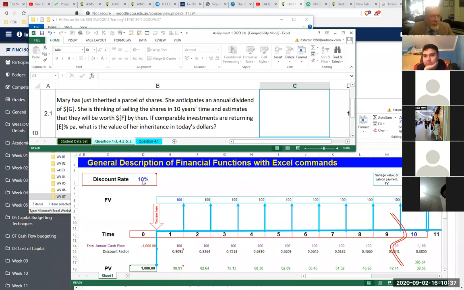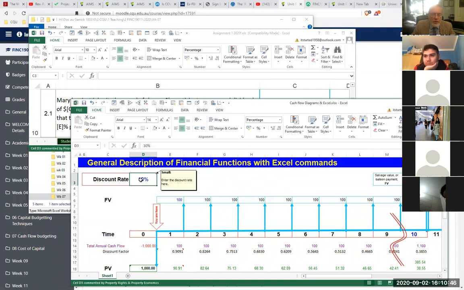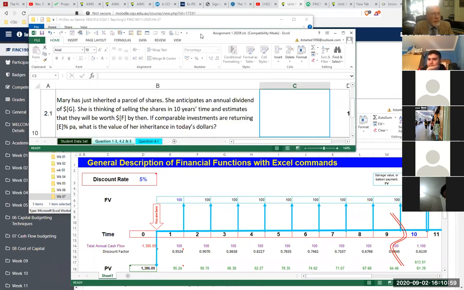Those of you really mathematically shrewd will know that has to be the case because of the relationship between the dividend and the future value, but I'll put in a different number just to make it a bit more interesting. Okay, and that's more typical, but that's the kind of problem you've got. So I hope that makes sense to people.